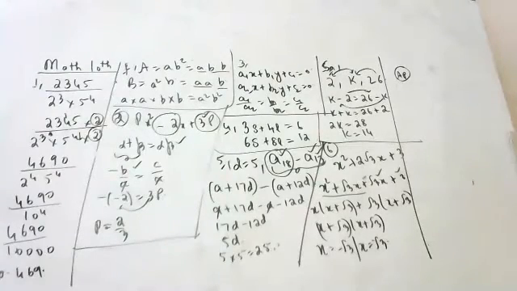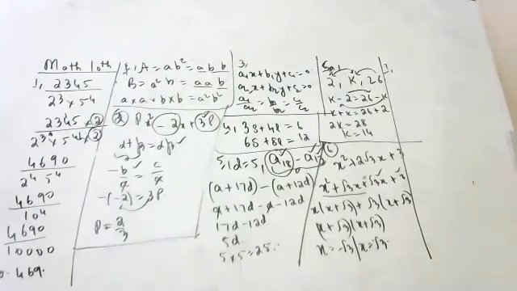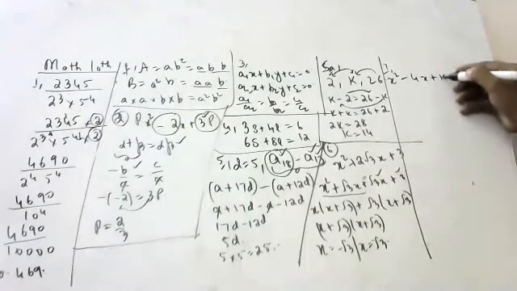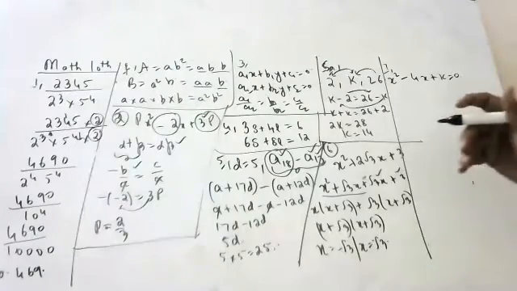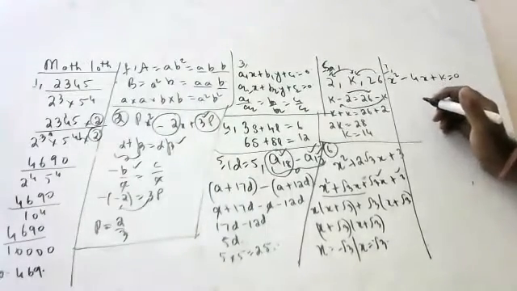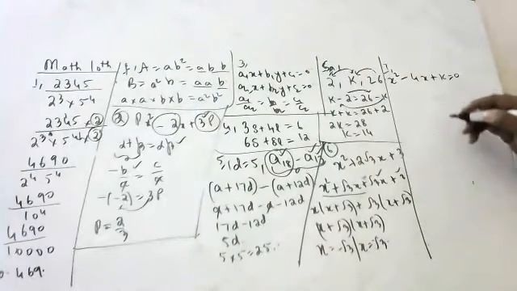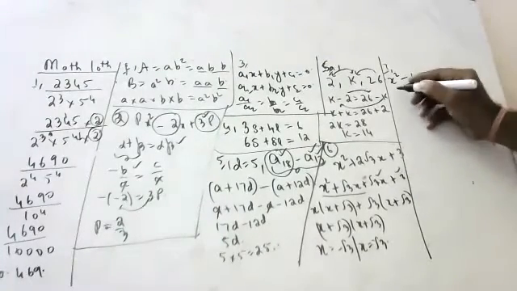Seventh question. Find the value of k for the equation x square minus 4x plus k is equal to 0 has equal roots. What is the condition? I will ask. Yes, Jyotsna, are you there? Jyotsna, Samita, Vaishnavi. Yes, sir. Samita.